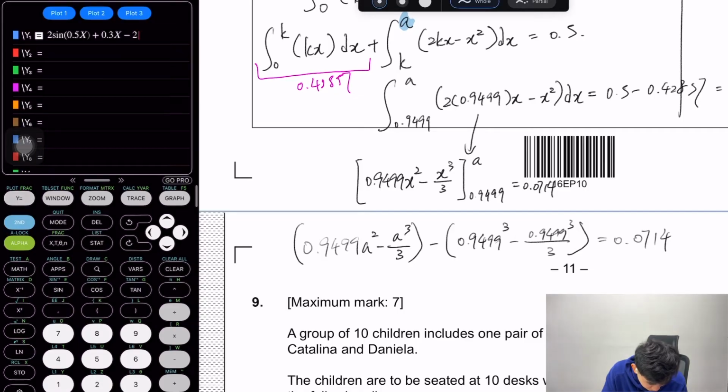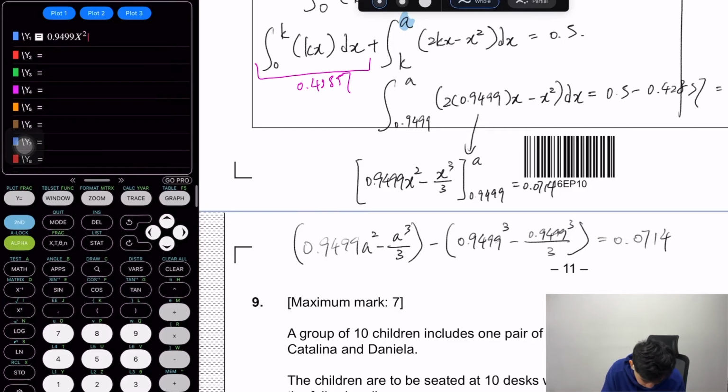We can use the most basic thing to do, which is 0.9499 times the x squared, and then minus our x cubed divided by 3, and of course we're going to bracket it, and then minus our 0.9499 to the power of 3,